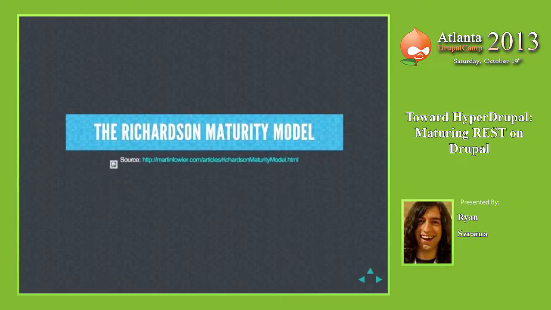We'll move on. I wish that the internet worked when I was loading my slides here, because there's kind of a summary slide here, or a summary image. The graphic is in the source if you want to check it out later. There's something called the Richardson Maturity Model, which is just another way of describing what I've just described, how you can have a more abstract API that's loosely coupled between clients and servers and yada yada.